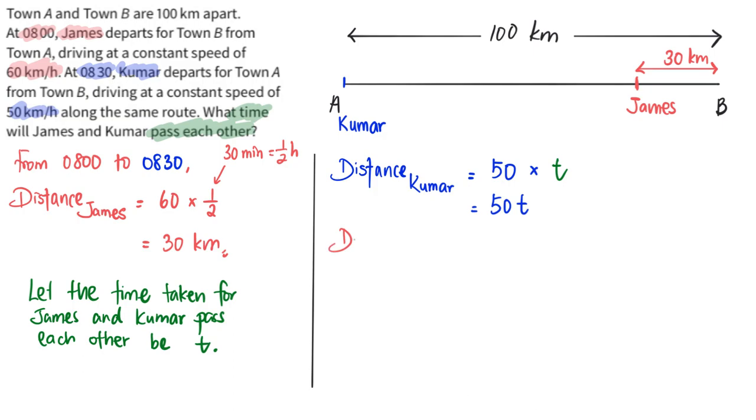As for the distance by James, 60 kilometers per hour, that's the speed. Time is also T hours, so 60T. When I represent this on this particular diagram on top, it will be something like this,